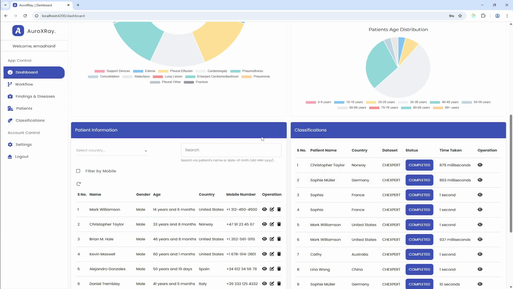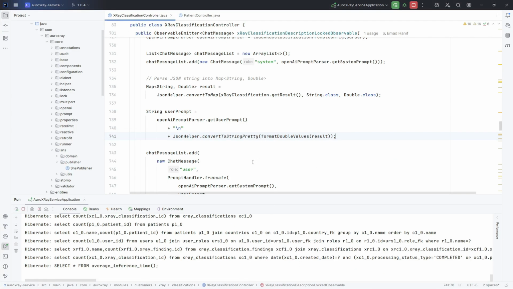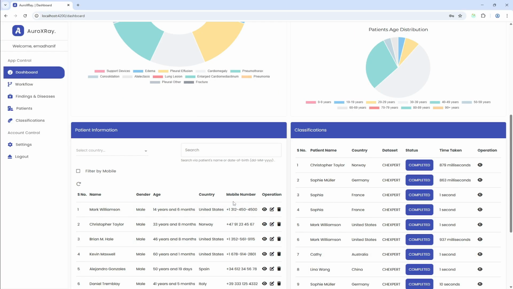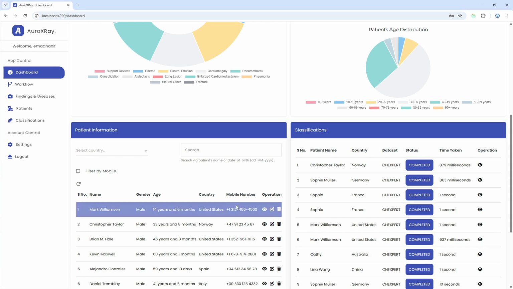So let me repeat it. Whenever you perform an X-ray classification, or you either add or delete the patient, the statistics are re-requested again from this Oro X-ray service once you navigate back to the dashboard. That's the benefit of a proper state management implementation.